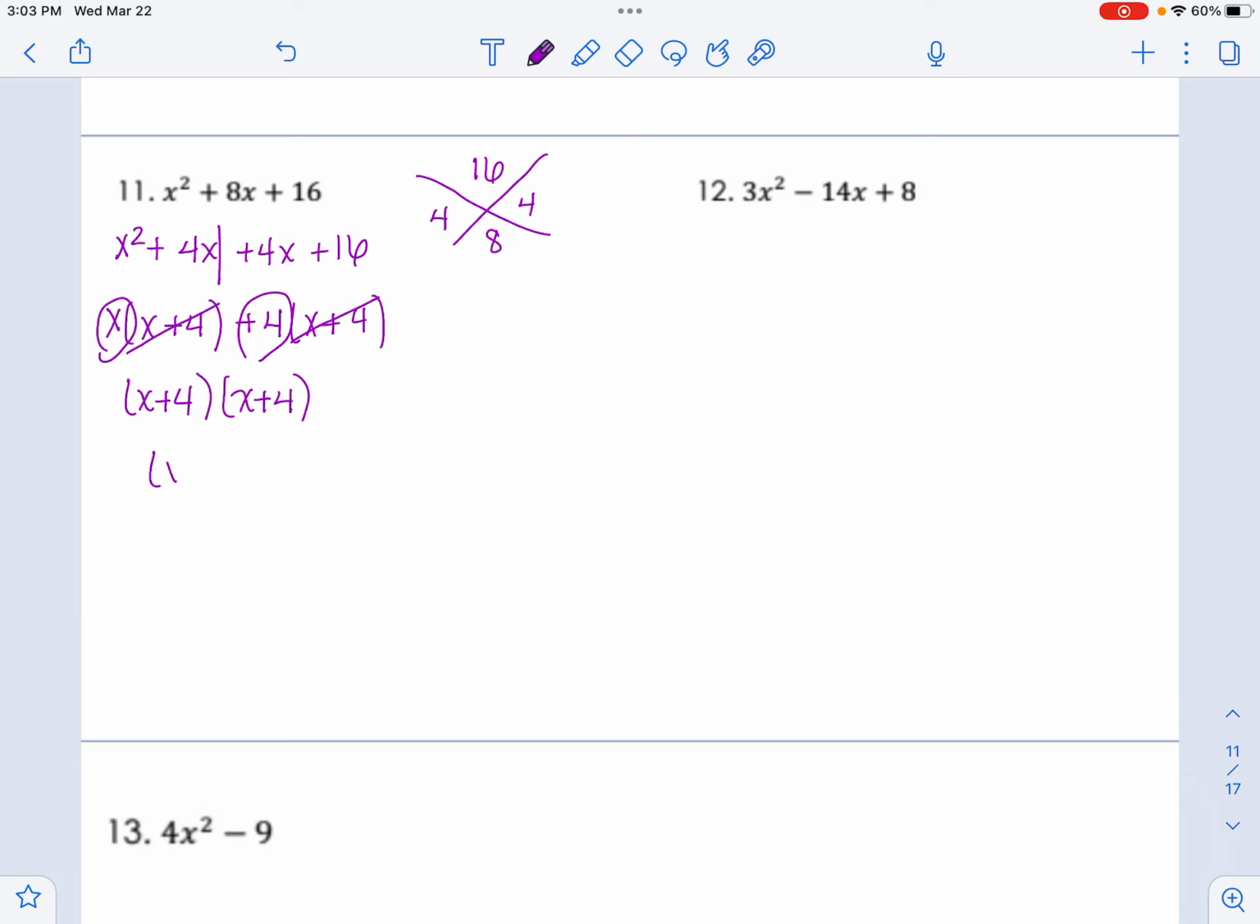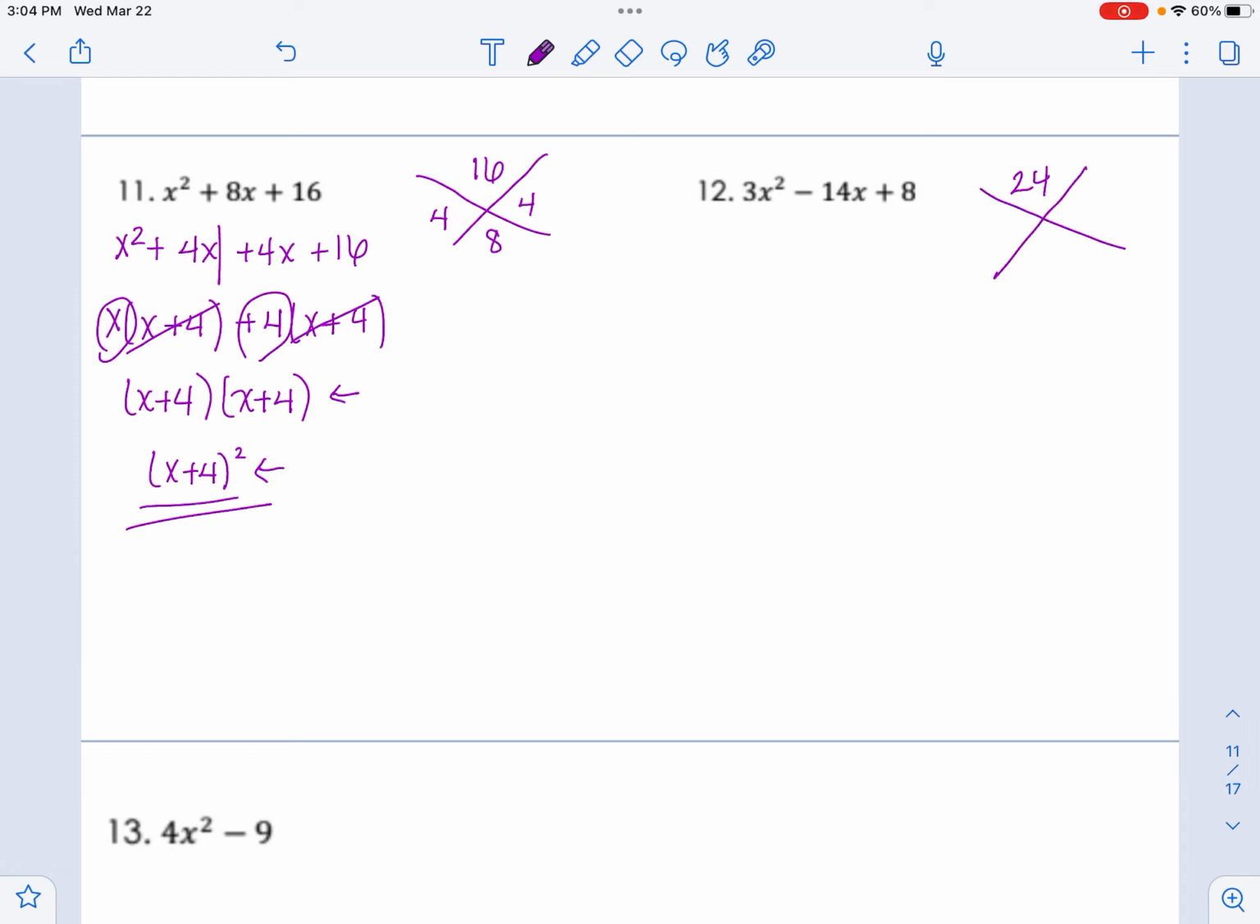You can write your answer like this, or you can condense it because it's the same binomial. Either one is acceptable to me. Some teachers do prefer that you condense it, so just look for that in the future, but I'm okay with either one. The next one,